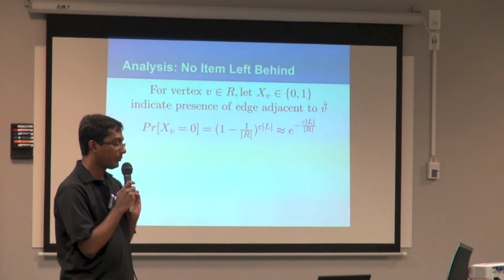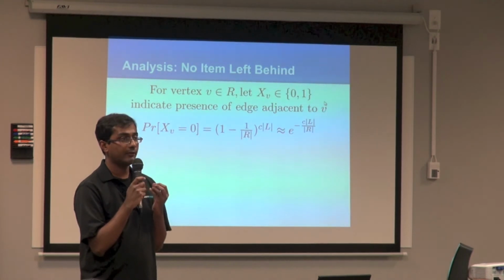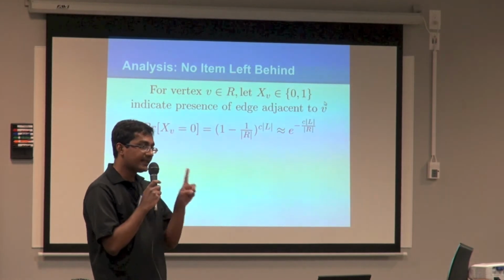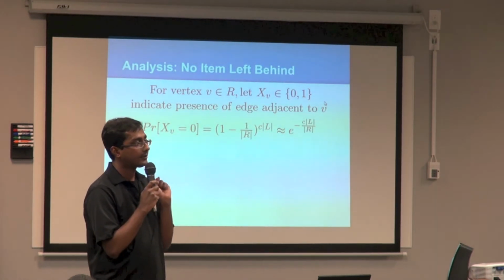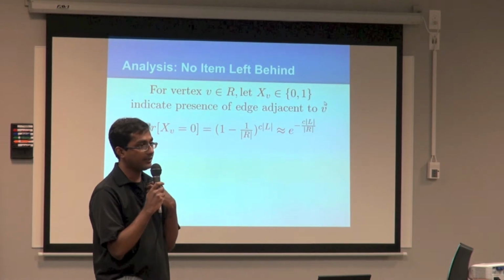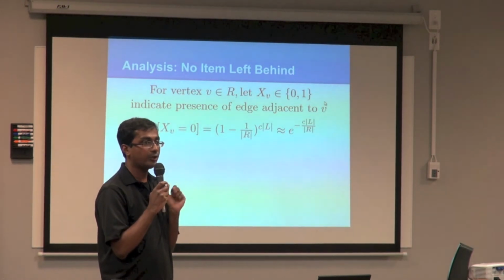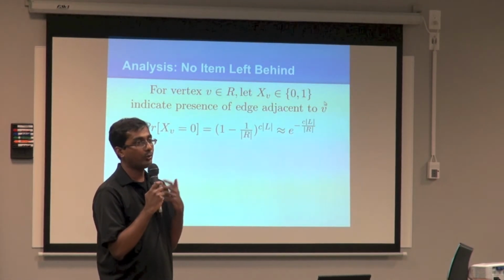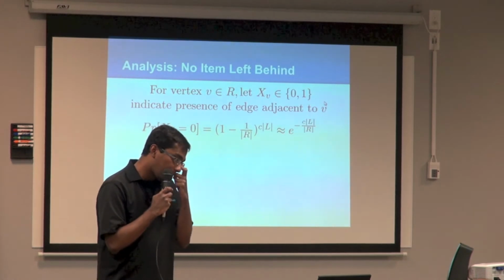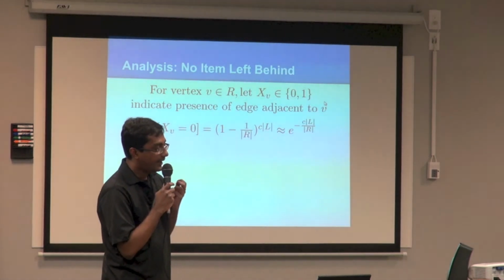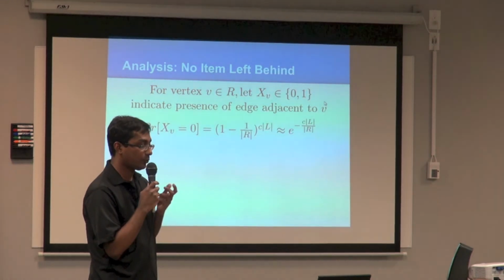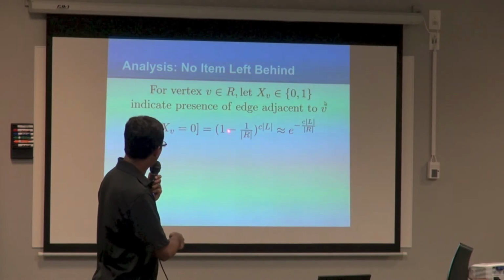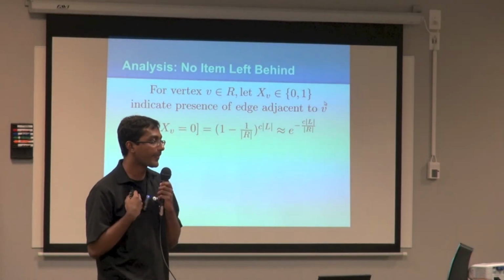So, straight up combinatorics, what we want is the probability xv is 0, which is that not a single video points into me. Now if I look at a single edge, just one edge, the probability that that edge falls on me is 1 over r. It's 1 over all the videos. What's the probability, if I look at an edge, that the edge is pointing to me? It's 1 over my competitors, which is 1 over r. What's the probability that that edge does not fall on me? It's 1 minus 1 over r. Okay. So 1 minus 1 over r is the probability a single edge does not fall on me.